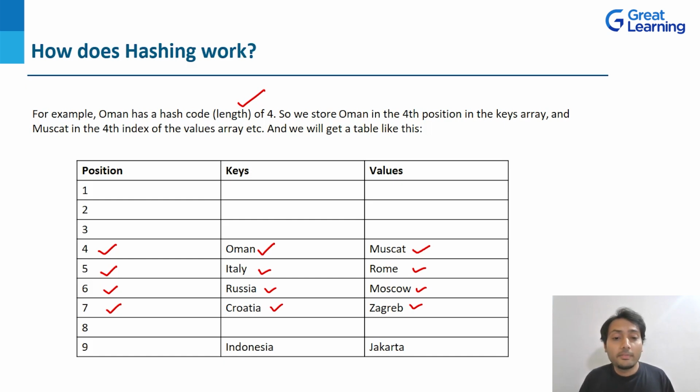Fine. Now we have one more, which is Indonesia, which is 9. We have located it at the index location 9. Fine. Now what is the problem here? Now can you see the positions 1, 2, 3, and 8 are blank? Okay, because as of now we don't have a key value for the position 1 and for 2 and 3 as well. So these are wastage of our memory, right? If we don't have anything to store, suppose we have allocated so much memory,